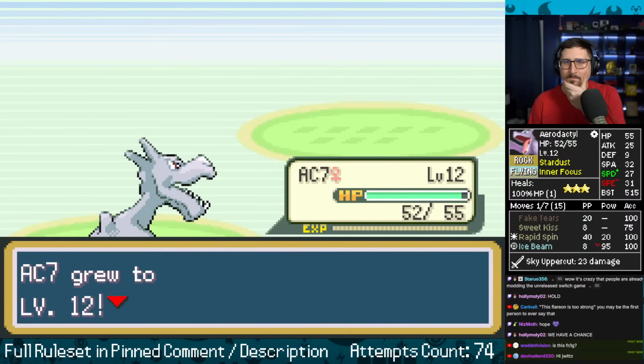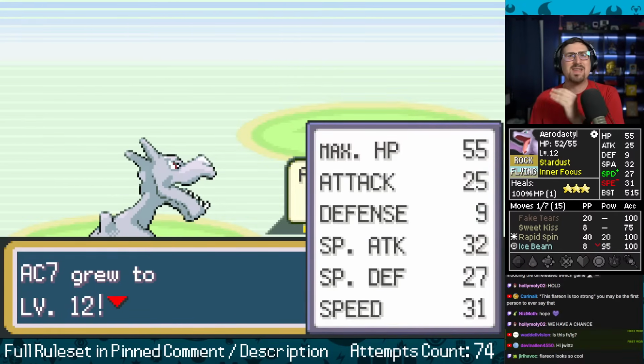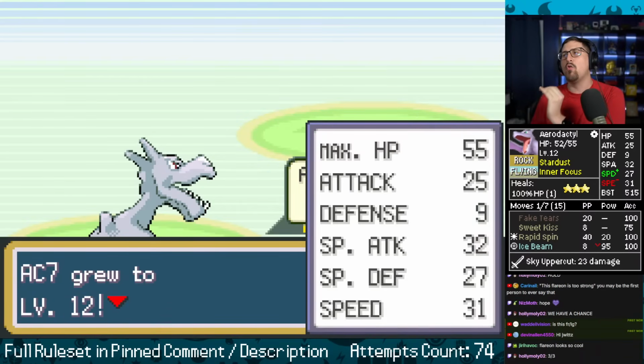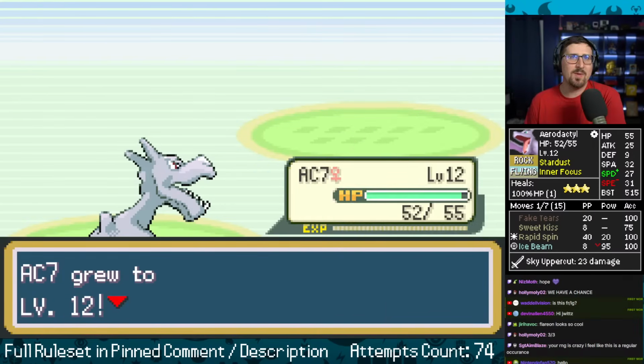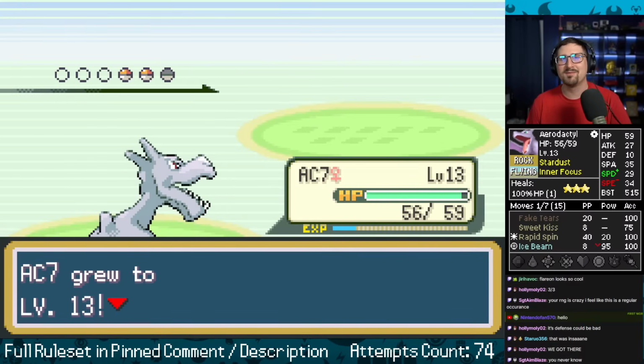Come on. Okay. Yep. Getting bigger. My defense is like 0, though. Oh my god, my defense is bad. This Mon cannot go the distance. It's made of paper. Every level up... okay, I finally got a +1 on defense. I gotta see that growth later when we're at the end.